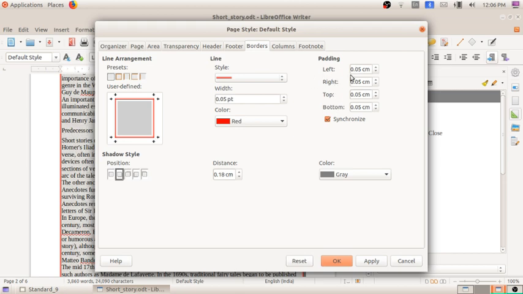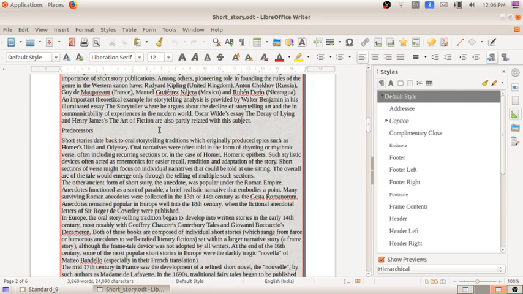If you want to make changes in the left border, you can make the changes here. It is already set by default, so there is no need of making the change.